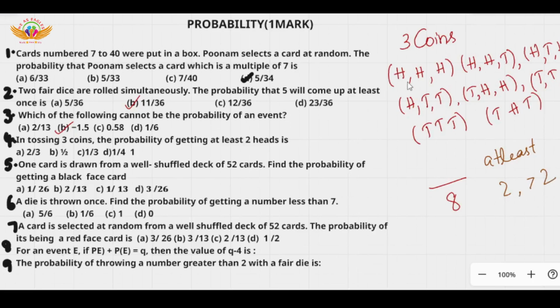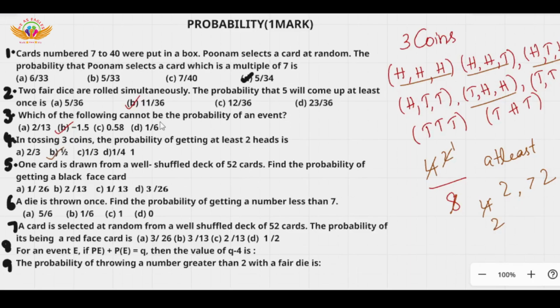So yes, here minimum it is 2. So I am choosing this. Here also this one. No, here only 1 is there. It is less than 2. So we can't take this. Here minimum 2 is there. Here I can't take it. Here also I can't take it. So total number of possible outcomes are 1, 2, 3, 4. 4 by 8. So 2 2s are 4, 2 4s are 8, 2 1s are 2, 2 2s are 4. So the answer is 1 by 2. That is option B.